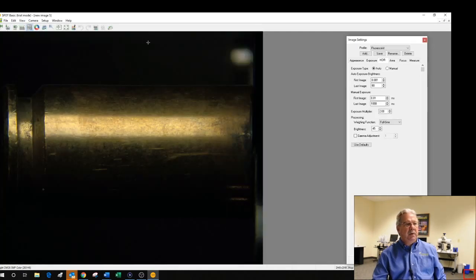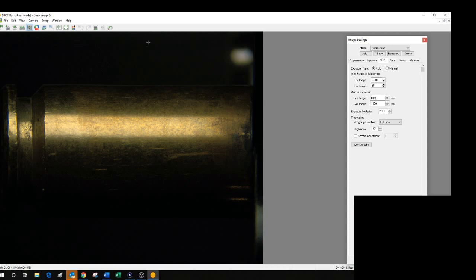I have an image much like you see on the live image screen right now. Sometimes it will come back and you will get an error message that says image too dim. And what's happening there is that in most cases that I've seen, your cartridge case is only occupying a portion of the field. Even as we see here,